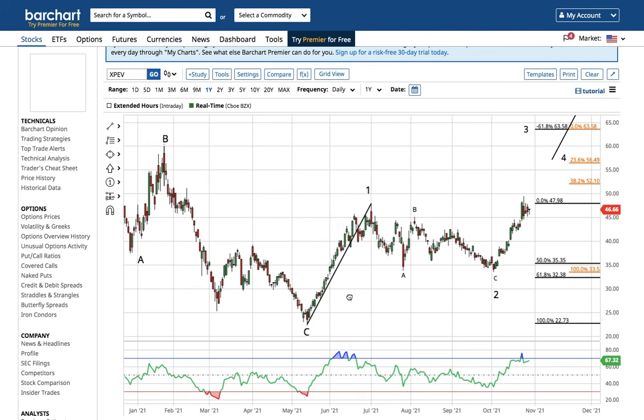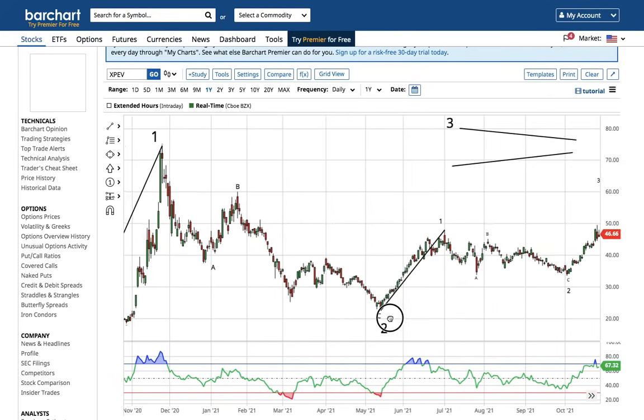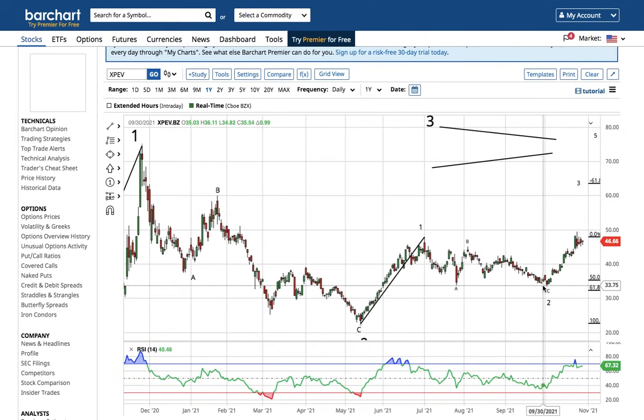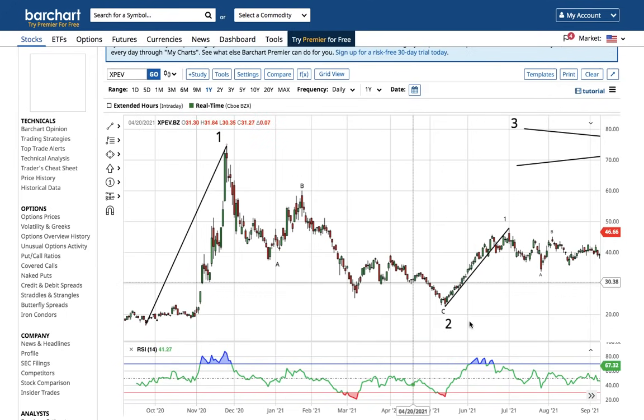And Fastly could be one of the monsters, but we've got a lot of proof right now that we were correct. XPEV and Li Auto were in IPO bases. And that's wave 1 and ABC wave 2. This is wave 1 and ABC wave 2. This could be something like a Square Cash or Shopify or a PayPal early in their years. And that's what growth stock investing can do.